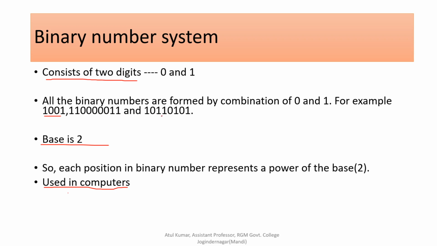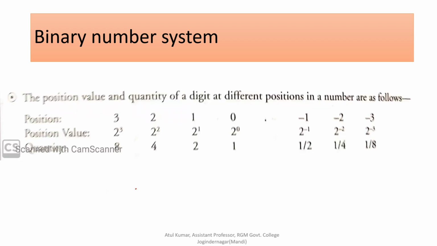110000011, 10110101, it is a binary number. So the position and quantity of a digit at different positions in a number in binary number system is as